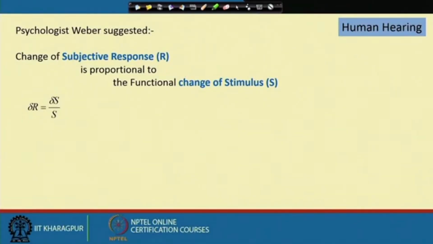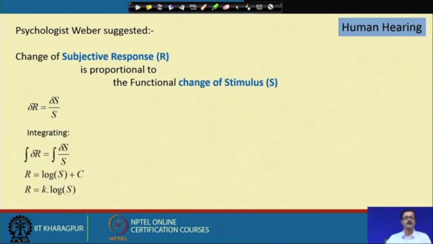Mathematically it can be expressed as change of R is equal to change of stimuli divided by the initial stimuli, S. If I integrate both sides, I get R is equal to log of S plus an integration constant C, and this constant C can be clubbed into the logarithmic part, so we can write R is equal to K times log of